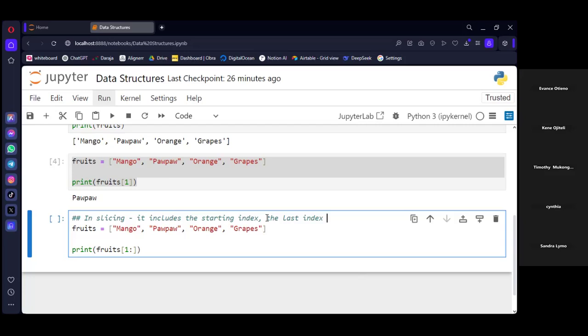Okay, how can I put it? In a range, the last index is always minus 1.